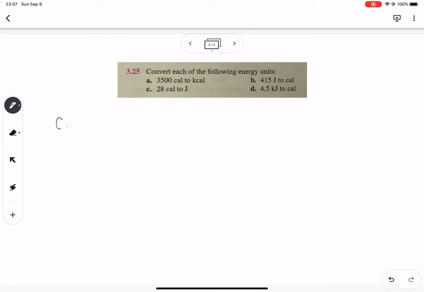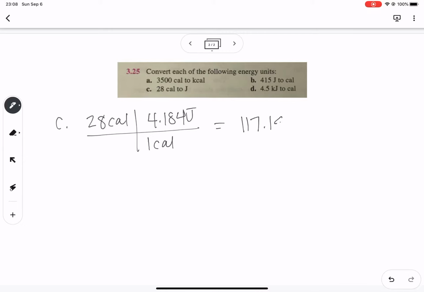Letter C, we're converting 28 calories to joules. We're going to use that same conversion factor that we just used. Start with what you're given, 28 calories, 1 calorie on the bottom, 4.184 joules on the top. And in your calculator, you would type 28 times 4.184 divided by 1, but we know we don't have to type divided by 1. And you would get 117.152